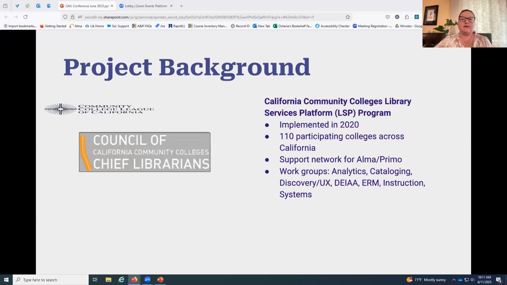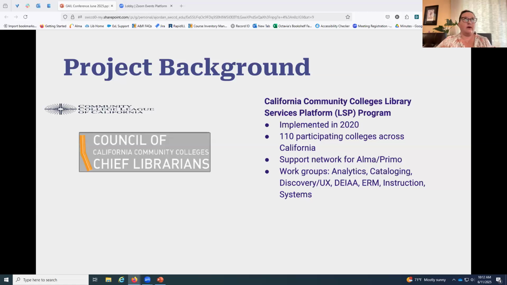The most recent development is the Library Services Platform, or LSP program. In 2020, the LSP program was initiated to provide support with implementation of Alma Primo statewide. The entire CCC system adopted Alma Primo, and the LSP program was initiated to help that transition.